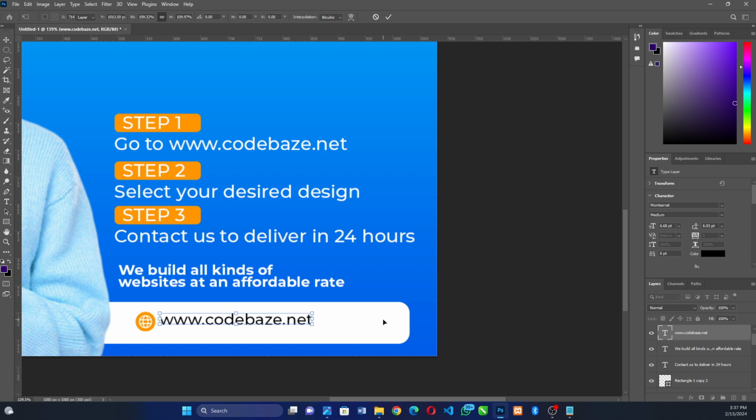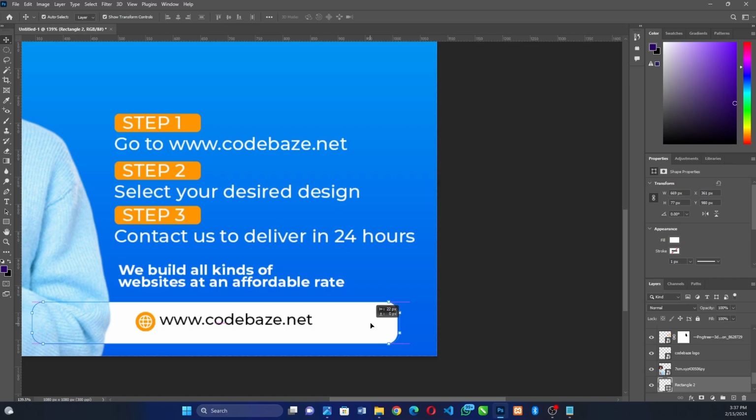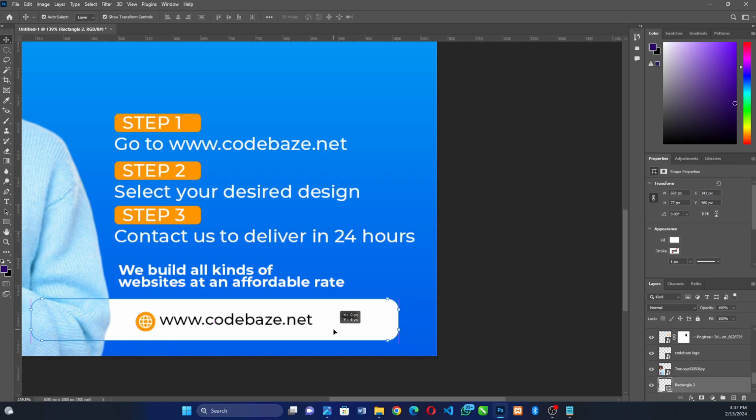All right, so let's say something like this. The text, this box, I'll just drag it down this way. All right, so I would like to add a shadow to the box just to add contrast. To add a shadow, what I will do is I will double click on